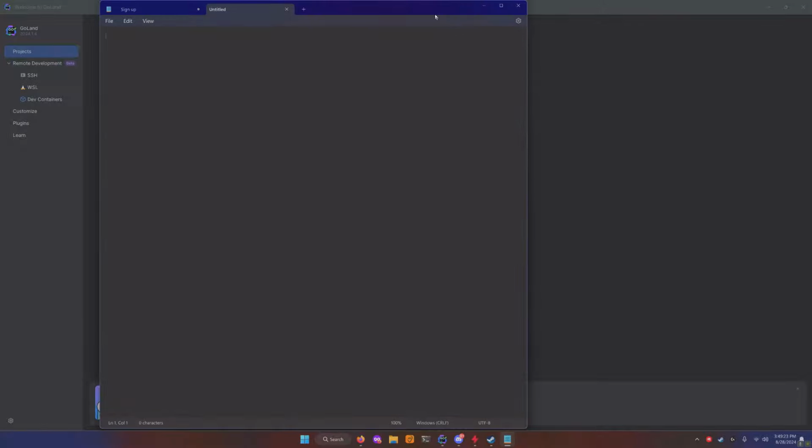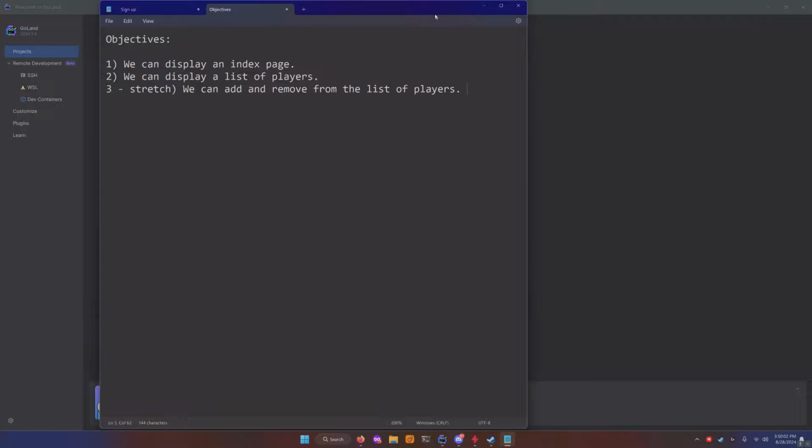Objectives here. Can I make this big? Can I make my font bigger? Yeah, I can. So, objectives. One, we can display an index page. Two, we can display a list of players. Three, which is a stretch, we can add and remove from the list of players. So say objectives for session,